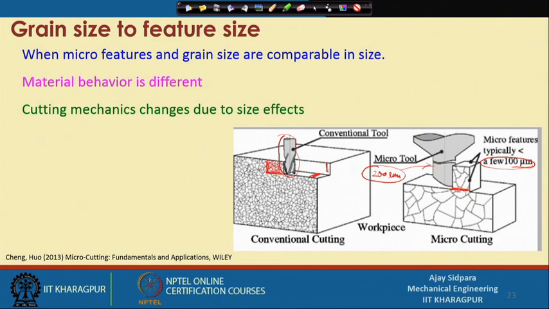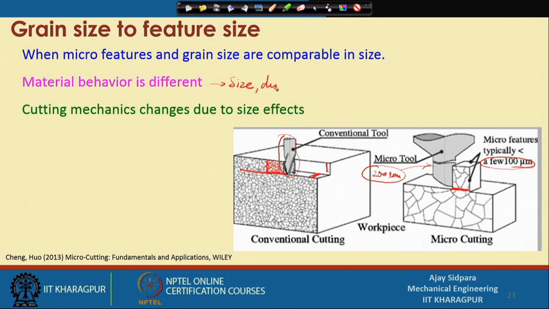When you are cutting this material, two things happen. The first thing is that your tool will be loaded severely in this case, because getting a grain boundary or a defect to initiate or slide the dislocation is very difficult here, since only 1, 2 and 3 grains come into the picture when you are cutting the material. So, the material behaviors are different. Now, everything depends on the size of the grain,